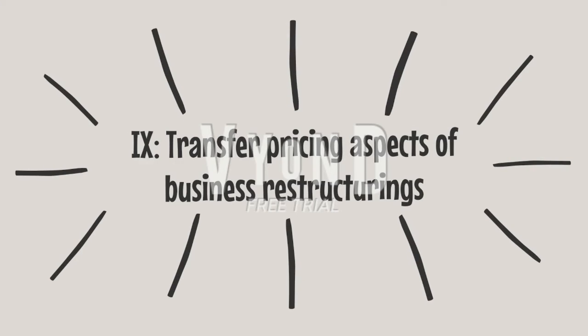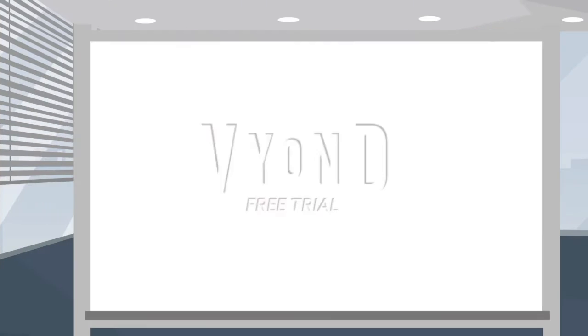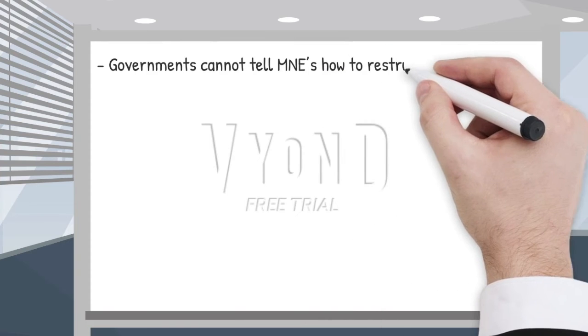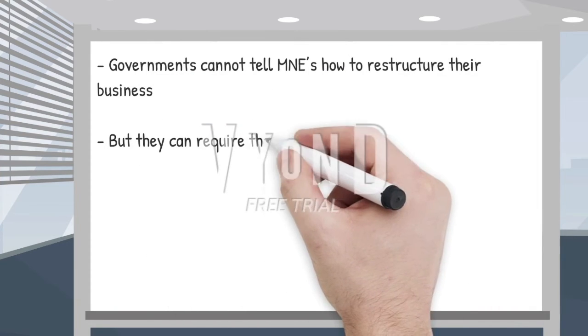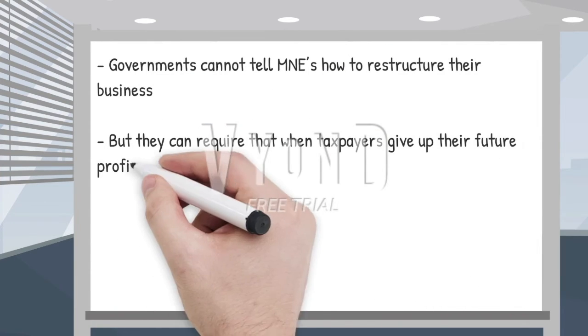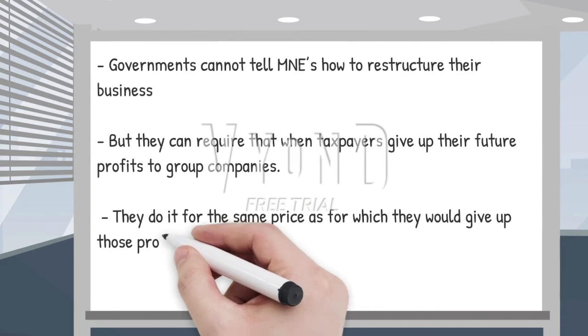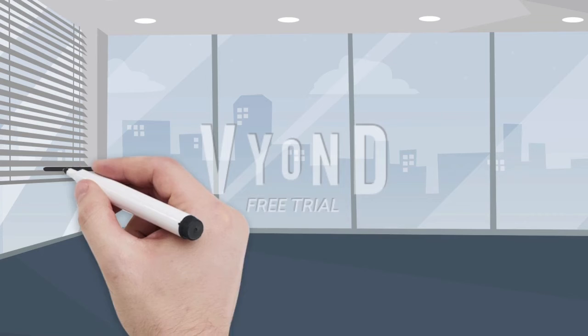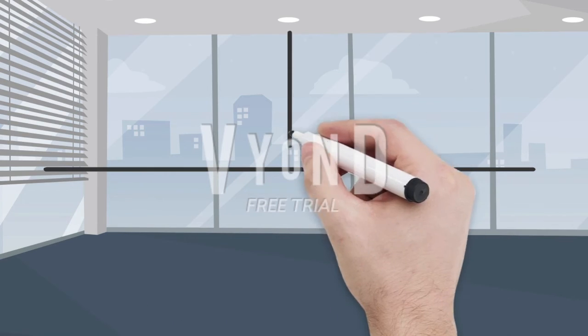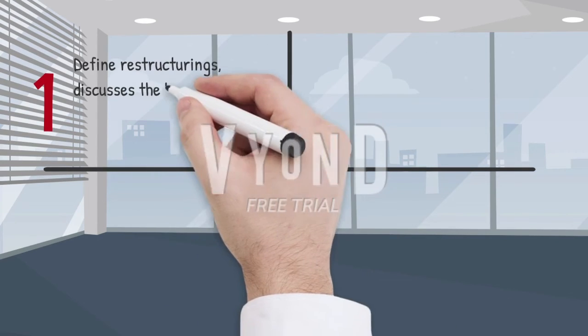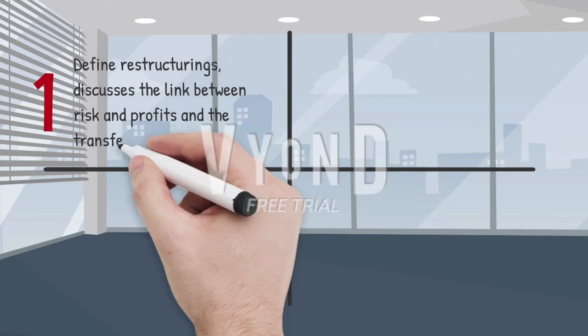Chapter 9, Transfer Pricing Aspects of Business Restructurings. While governments cannot tell MNEs how to restructure their business, they can require that when taxpayers give up their future profits to group companies, they do it for the same price as for which they would give up those profits to third parties. Chapter 9 defines business restructurings, discusses the link between risk, profits, and the transfer of both,